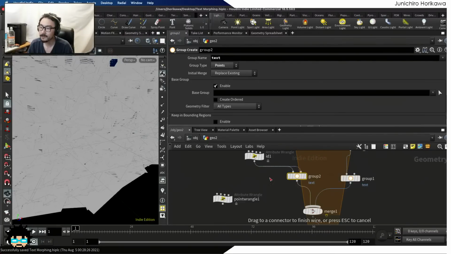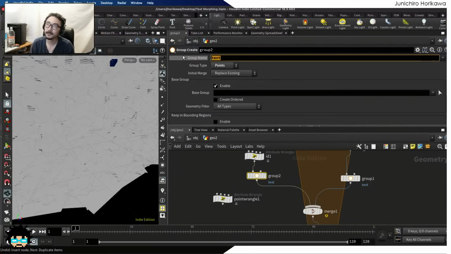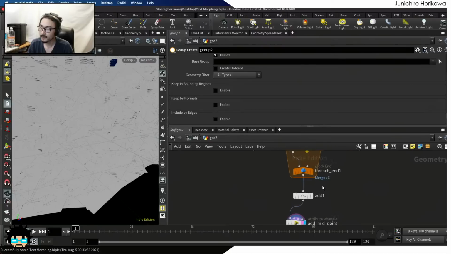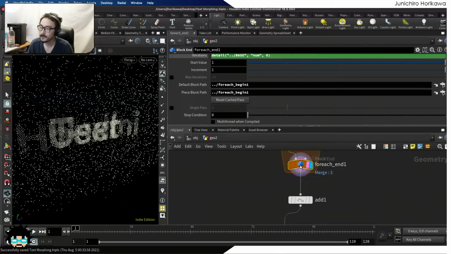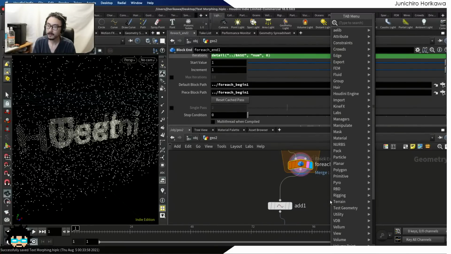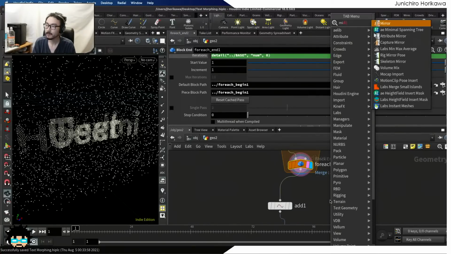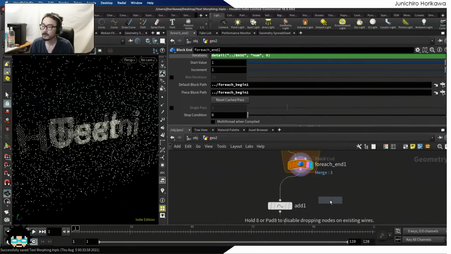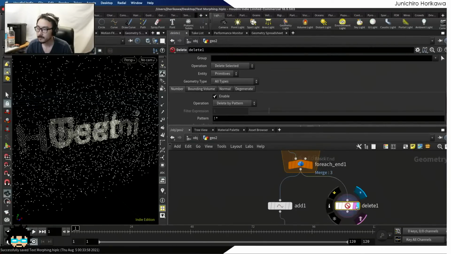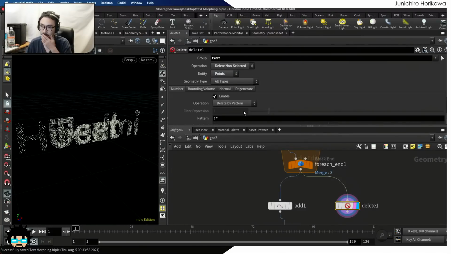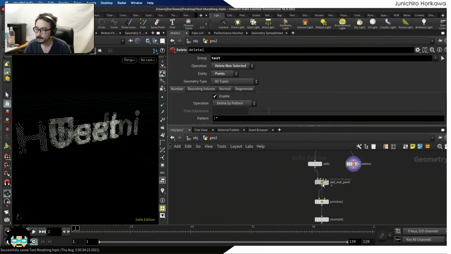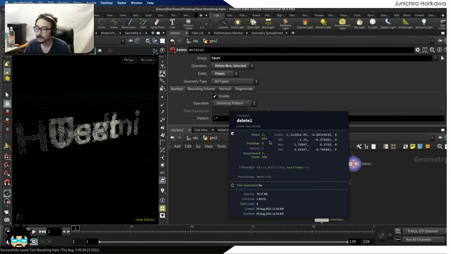I'm gonna create a point group, and for the other one I'm going to name it, I don't know, maybe middle. Okay, now after leaving the for loop, I'm just going to get the middle text group in delete node point, right? And the number of points is 3000,